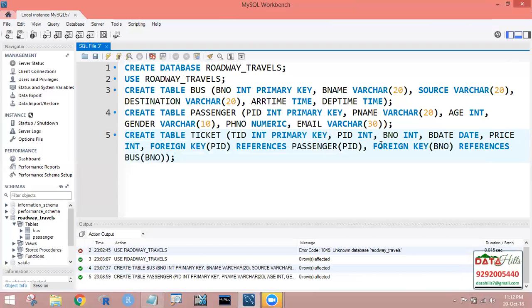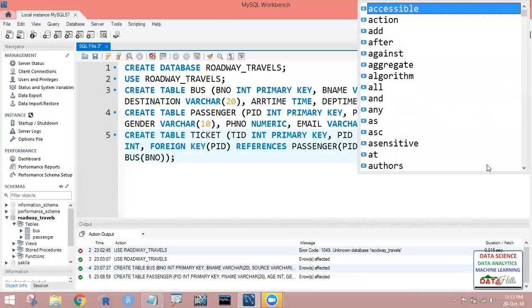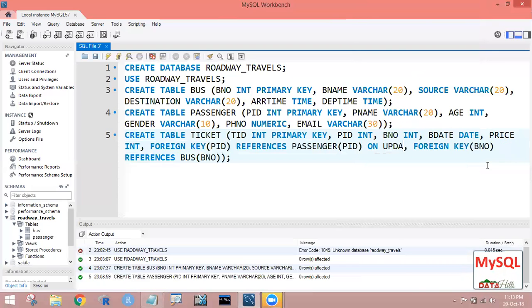We are having update cascade and delete cascade. If you apply those cascade rules in the query, then only it is going to work. Otherwise, if you try to update or if you try to delete, it is not possible, right? Here we have to apply the cascade rules for this, that is on update